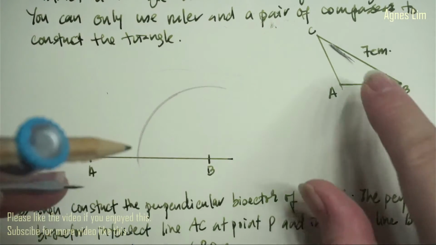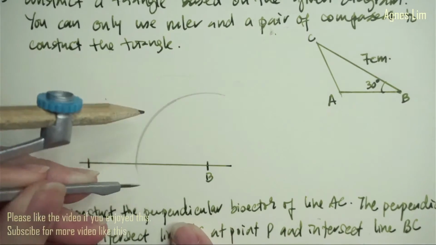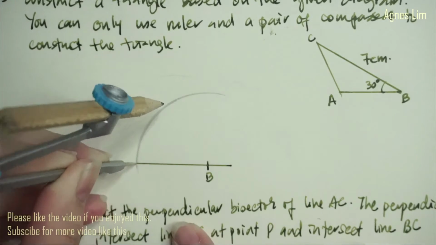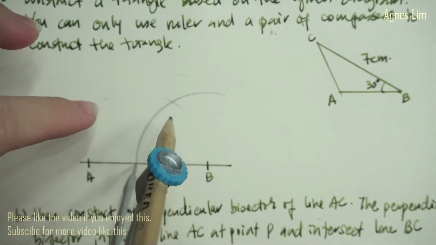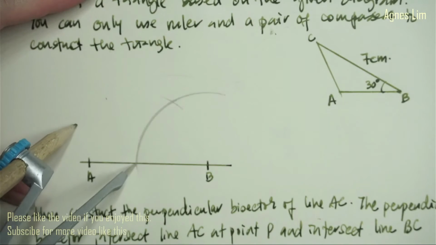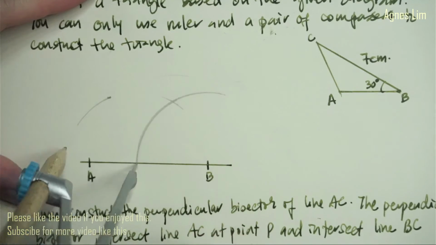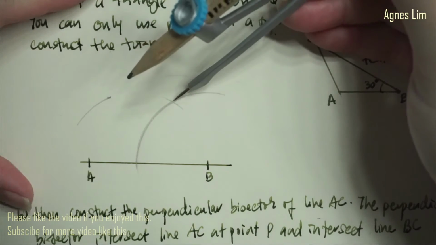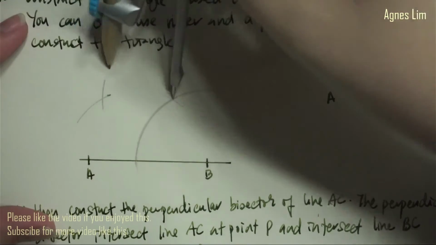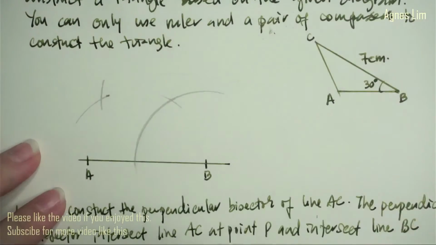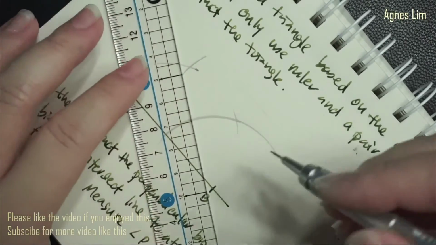Okay, first arc we need 60, so that means without changing your opening of your compasses, bring it here and then do the first marking. So that will be the guide to create 30 degree. Without changing the position, I'm going to do the first part of that X, and then move it over to the marking, and then do the second part of that X. Now we already created a 30 degree. In X and point B means that we need to connect